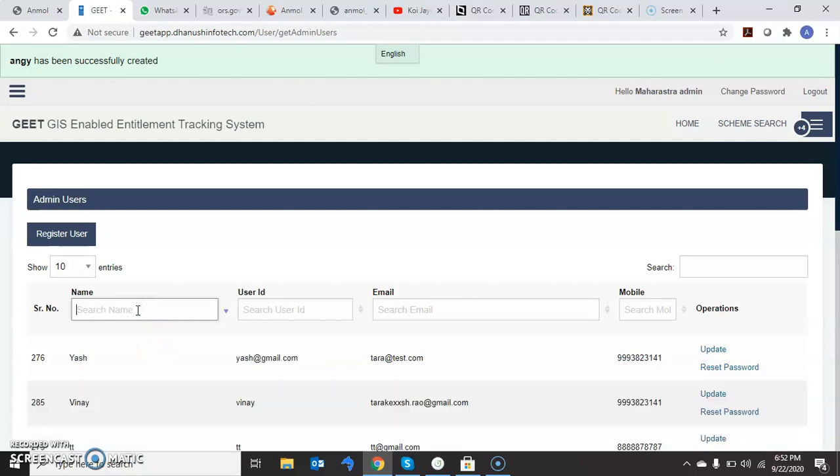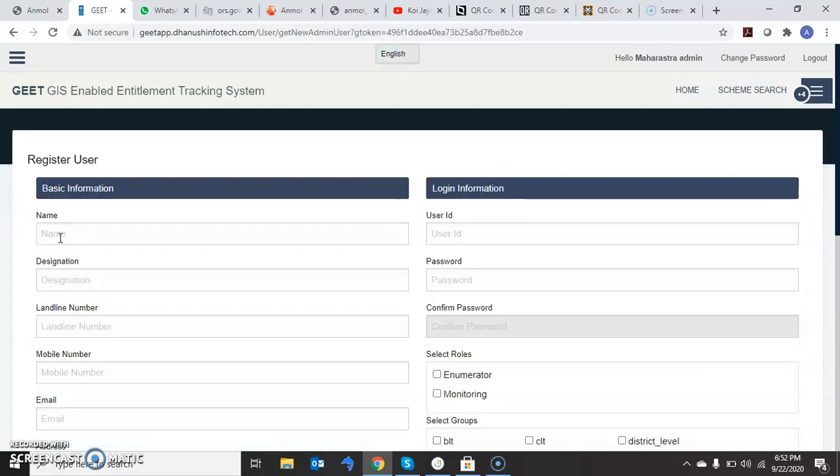Now for creating a monitor, the procedure is the same as that of the enumerator. Let's quickly fill in the basic details.